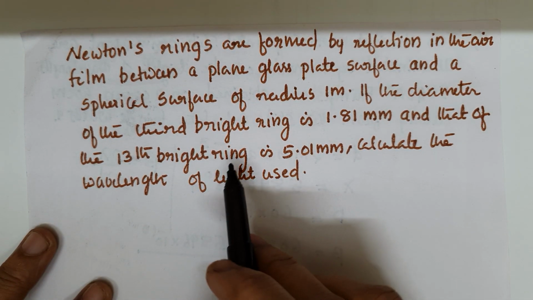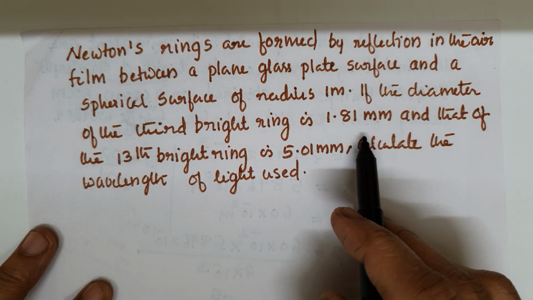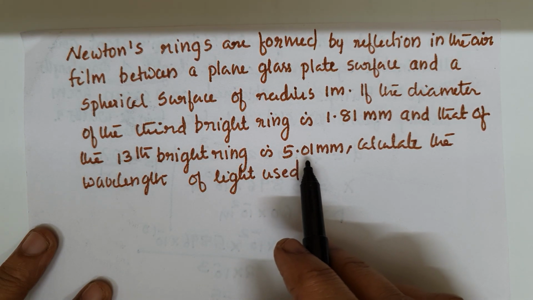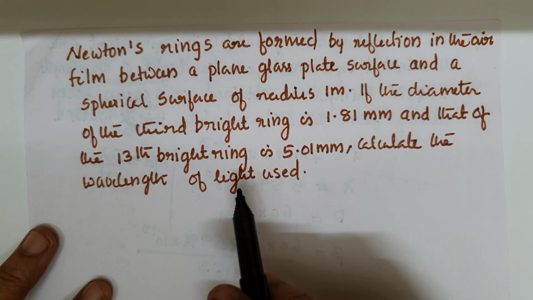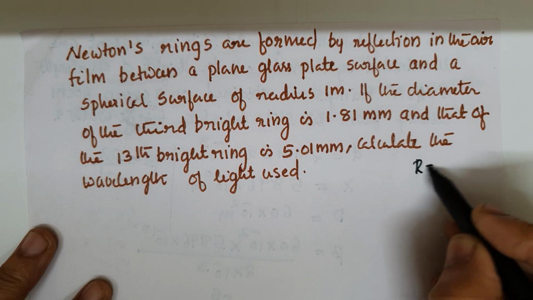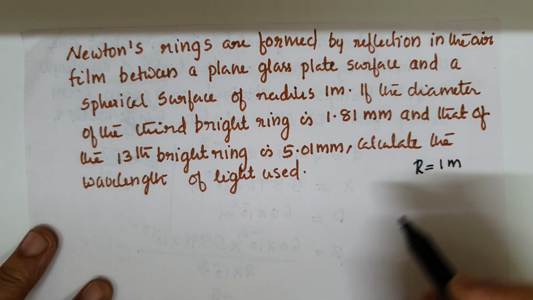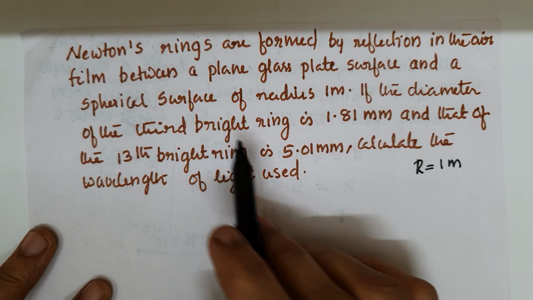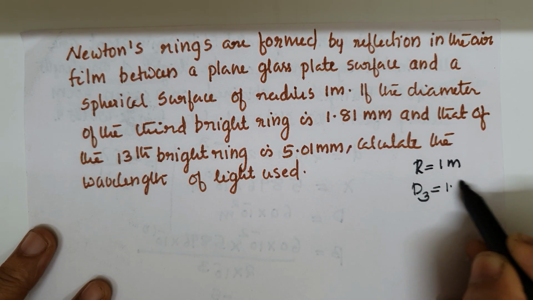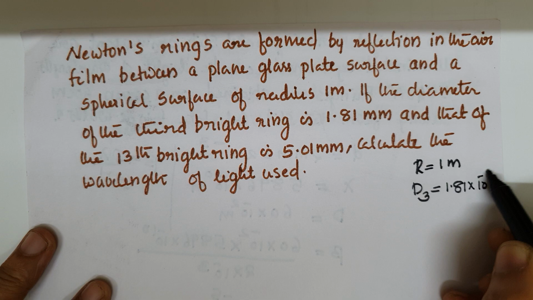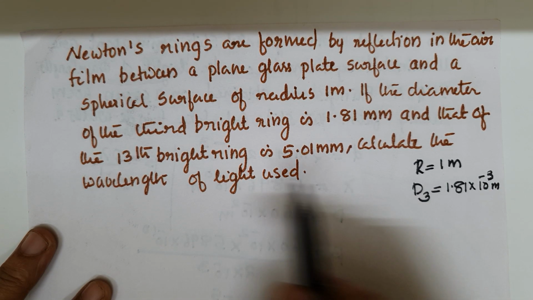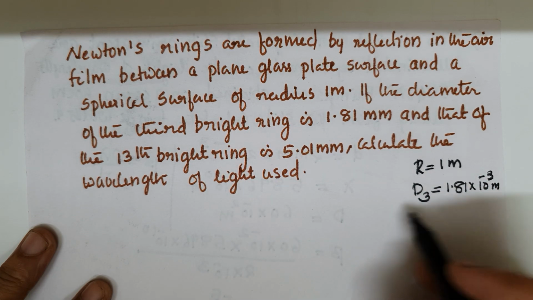If the diameter of the third bright ring is 1.81 millimeter and that of the 13th bright ring is 5.01 millimeter, calculate the wavelength of light used. So here r is given as 1 meter, and the diameter of the third ring D3 is 1.81 into 10 raised to minus 3 meter,